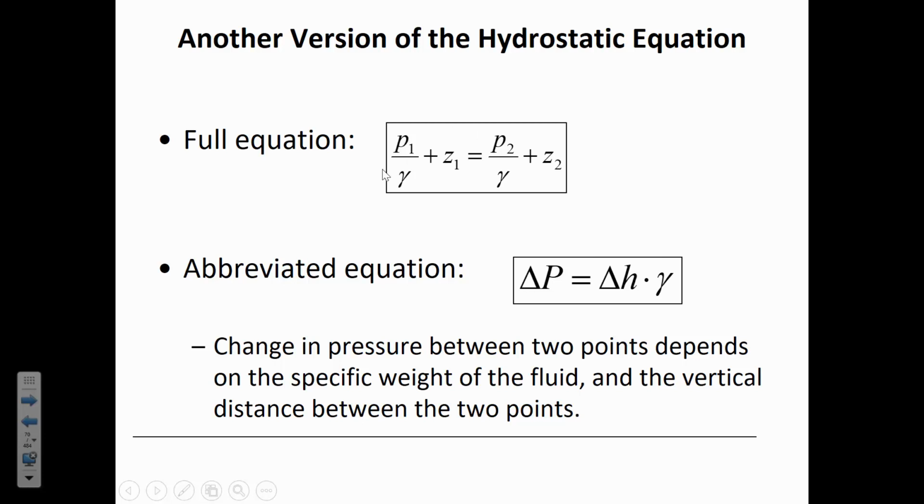Now this is the full hydrostatic equation. Sometimes, though, it's just as easy to use an abbreviated version of it that keeps track of the change in pressure due to a change in depth. And so this is similar back again to that idea of the dP and the dz. But here, instead of measuring the change above the datum, the delta H that this talks about is just some change in depth, whether it's up or down.